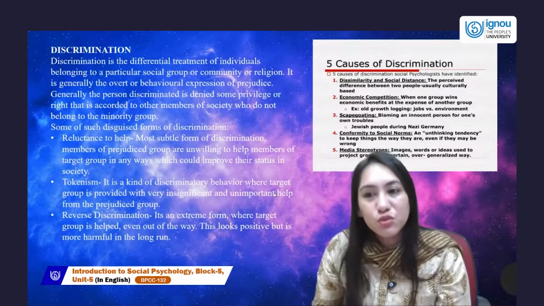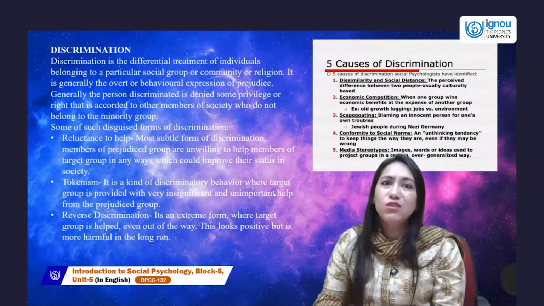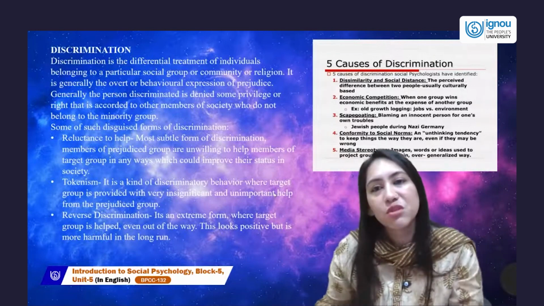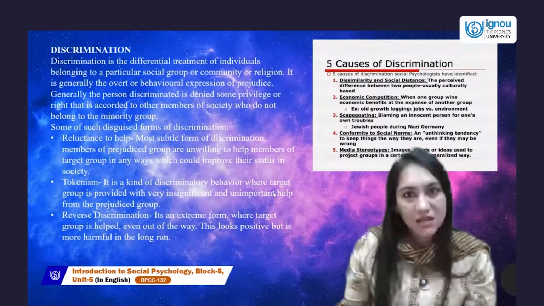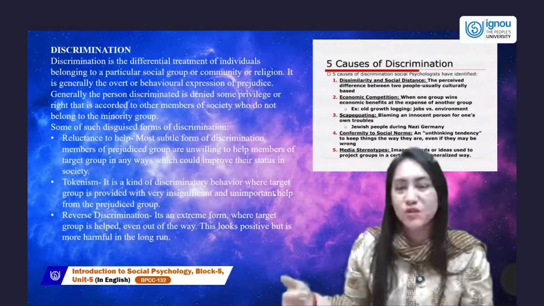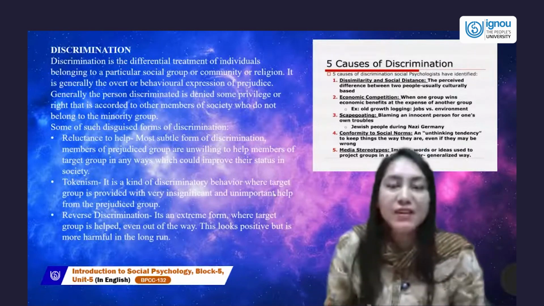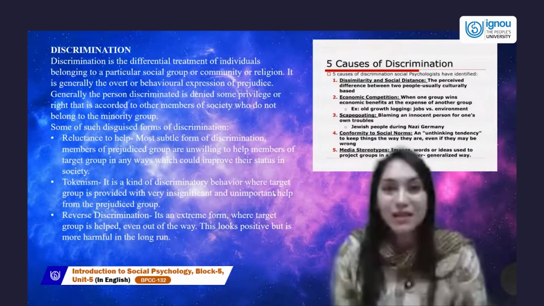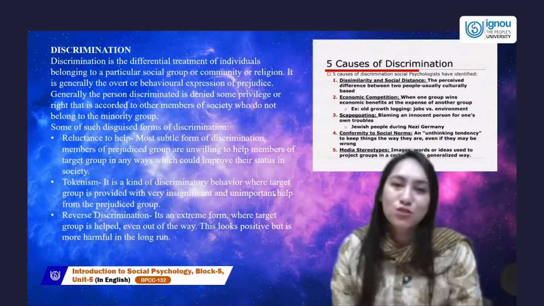Then conformity to social norms. This is also a tendency where you completely don't think at all. You just end up assuming because you're a part of the group. So the group tells you that these other groups are mean. The other groups are not helping. The other groups are not worthy of attention. You start believing them because you're a part of that cultural group. You need to follow the norms. Norms are the unstated, unstructured rules that just happen to us. So that is conformity to social norms.